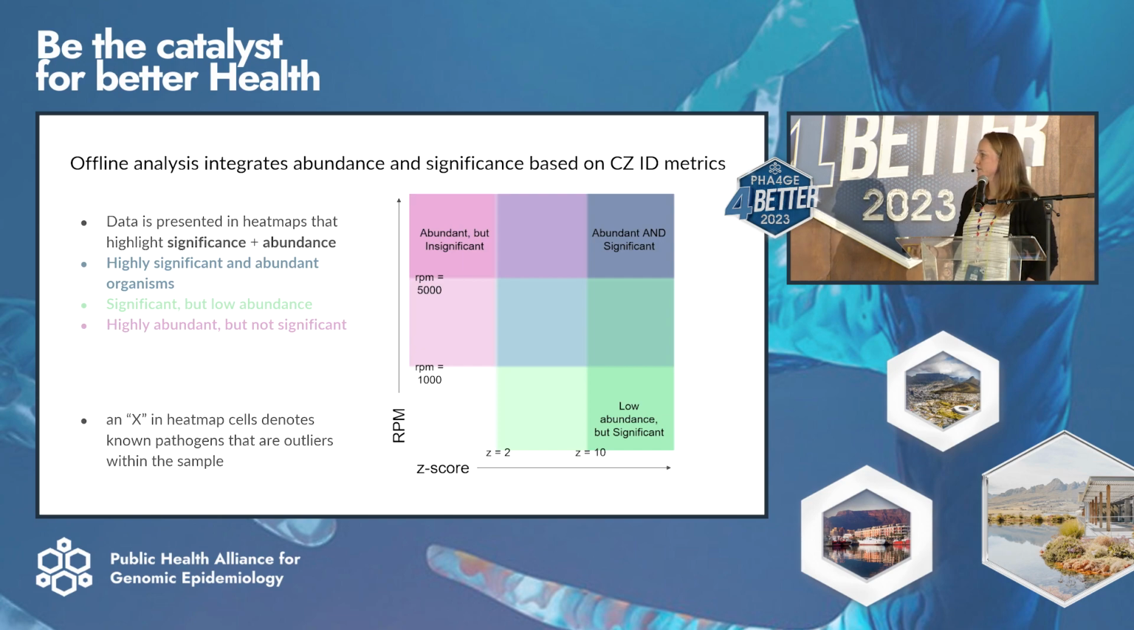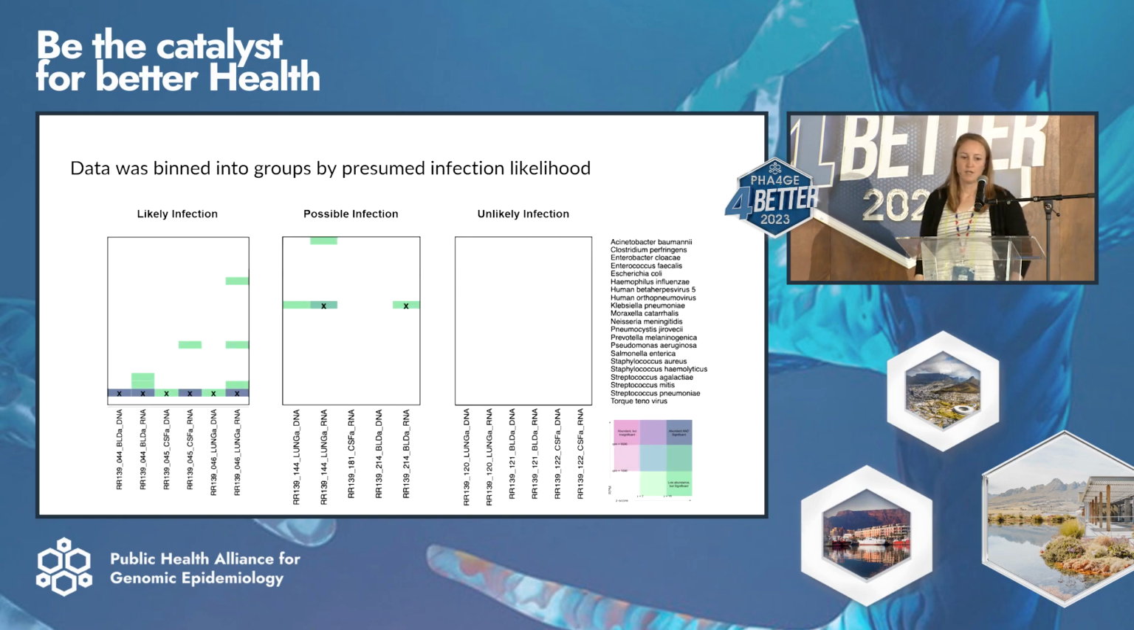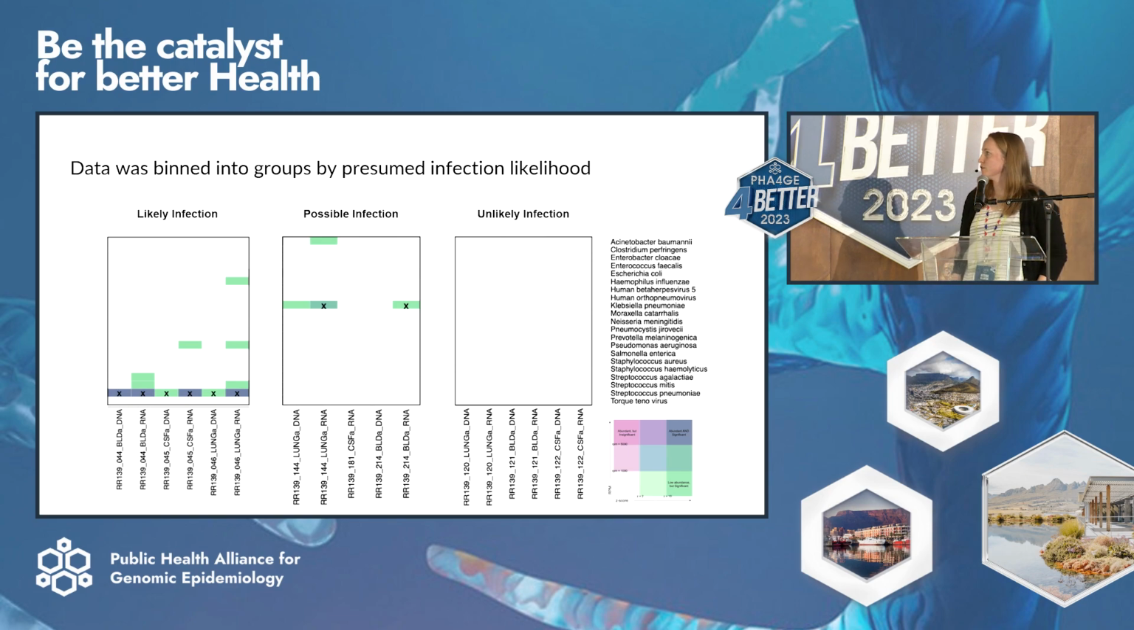So also the X in these heat maps denotes pathogens that are outliers within the sample. And if there's an outlier that's also a known pathogen, there's been some work to show that that often corresponds with some clinical relevance. So from here, we bin the data into groups based on likely infection, where we had lots of high abundance